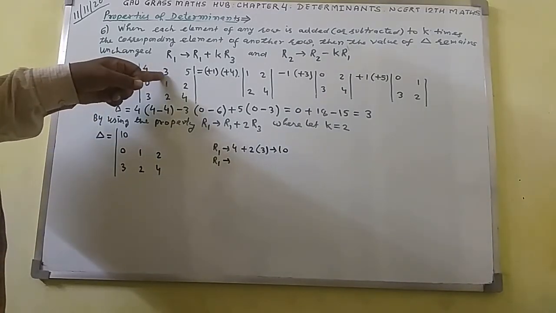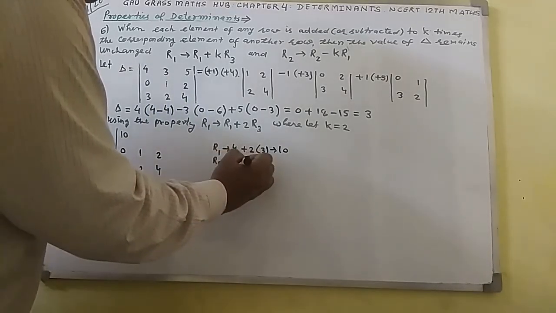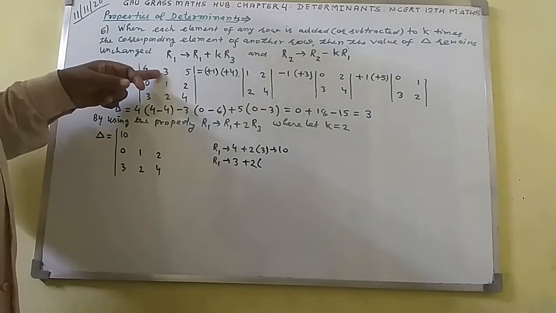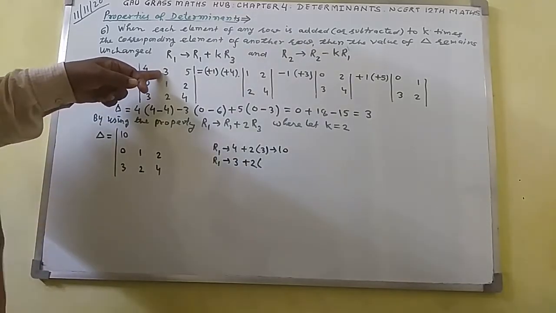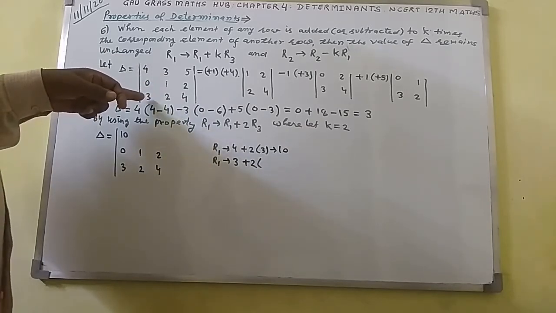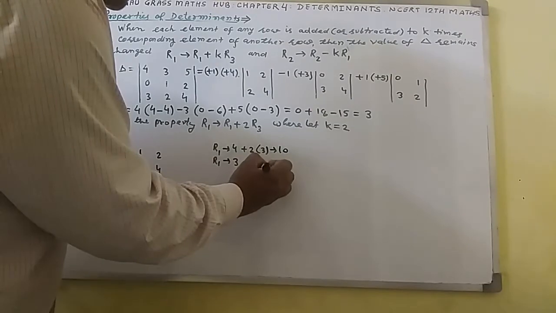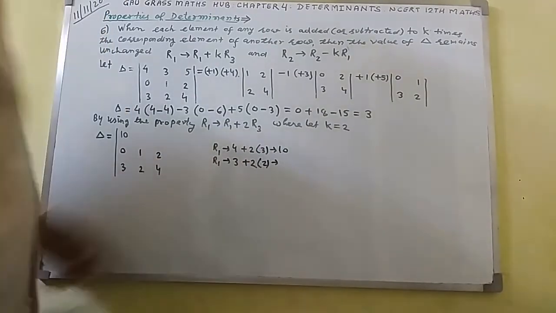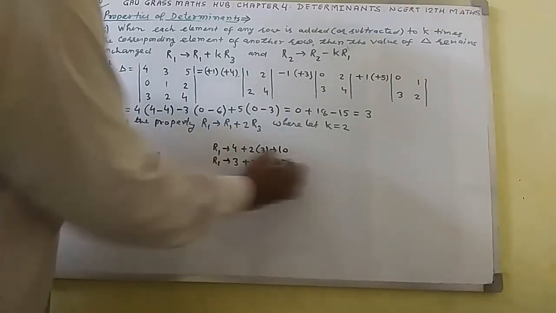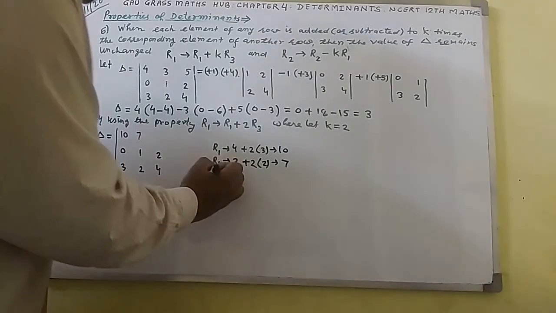For this element 3, if I take R1, the element of R1 as 3, so here I write 3 plus 2 times 2 is 50 here. In bracket I shall write here the corresponding element of 3 in the row number 3, which will be 2. So here I write 2. That will become 2 times 2 is 4, 4 plus 3 comes out to 7. Here I write 7. Again do the operation here.